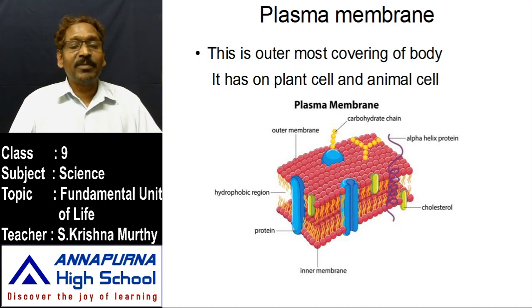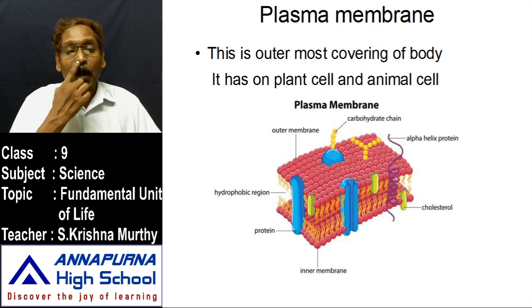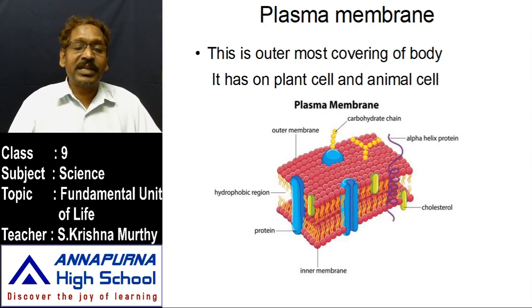This plasma membrane is made up of protein and lipid. The cell wall is made up of cellulose, pectin and hemicellulose. But the plasma membrane, in both, what is meant by both? In the plant cell and in the animal cell, the plasma membranes are made up of protein and lipids. So here, what is this membrane? It is the plasma membrane, discovered by two scientists.